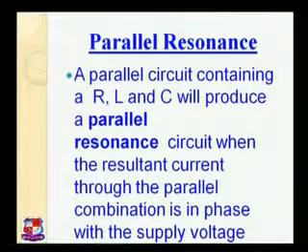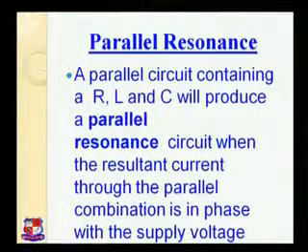Now, parallel resonance. In the last session we discussed series resonance. In series resonance, what happened? The inductive reactance and capacitive reactance neglect the effect of each other, meaning XL minus XC is equal to 0, and the circuit having R, L and C becomes like a purely resistive circuit. The effect of inductor and capacitor is cancelled out. So in a series resonance circuit, your impedance Z is equal to R, and your current becomes maximum due to the minimum value of impedance.